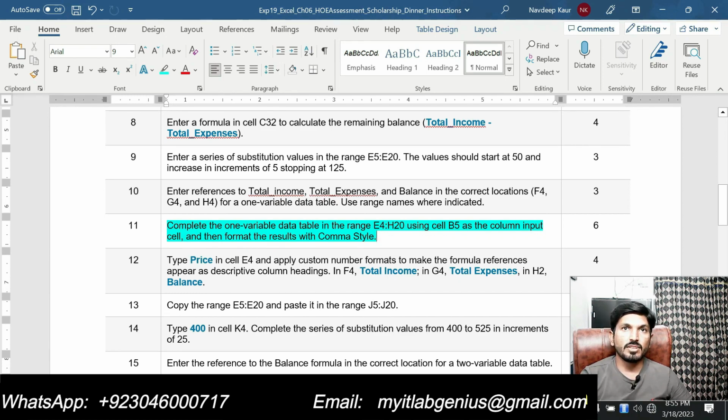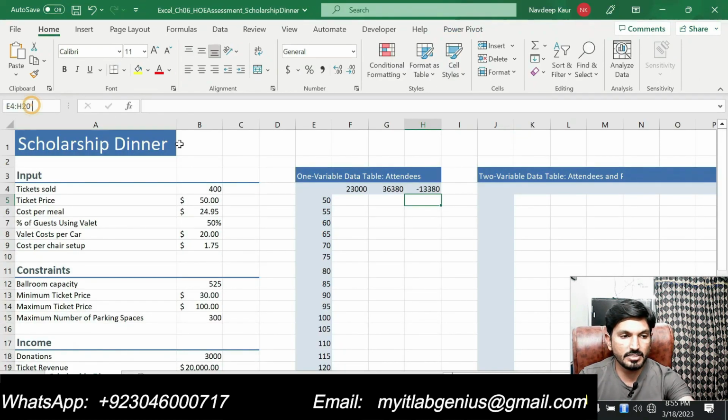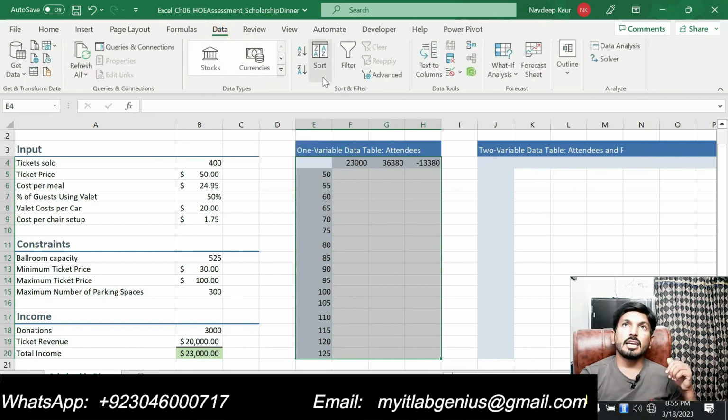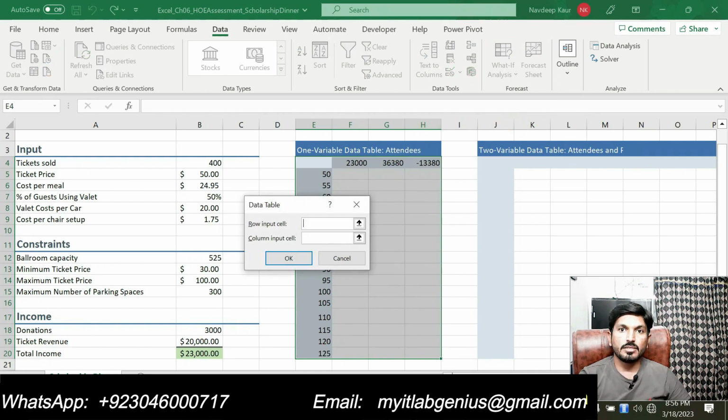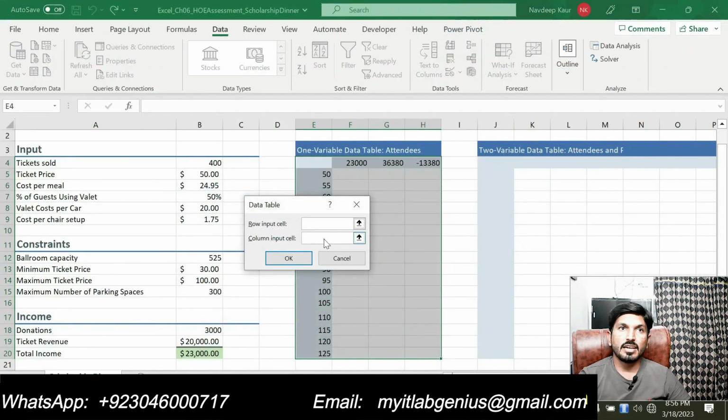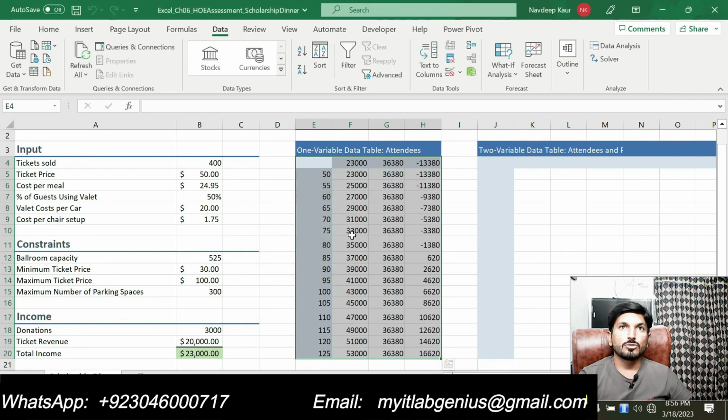So first we will select this range. So this range has been selected. After selecting the range, we will go to the data tab here. After going to the data tab, just go to what if analysis, this one, and click on the data table. We are supposed to use cell B5 as the column input cell. So we will select the B5 as the column input cell, click OK. So we got the